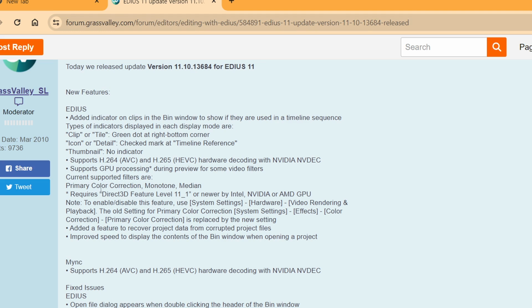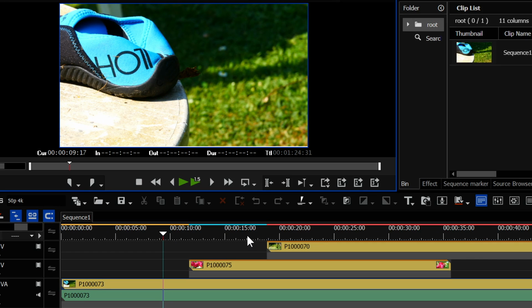According to the release notes, the acceleration also accelerates some filters. So currently it's the primary color corrector, monotone and median, but hopefully they'll expand those in the future. Also, all this time I've only been talking about using nVidia cards. What about ATI? It does say it supports ATI, but I don't have any experience with them because I long